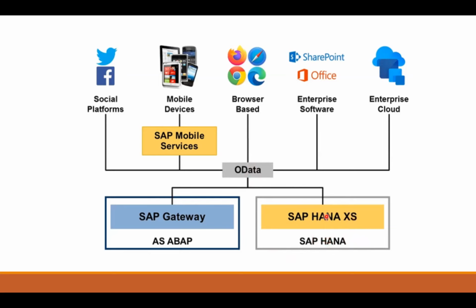Earlier SAP started with SAP HANA XSC, which is Access Engine Classic, which has limited functionalities, whereas we had to code a little bit more when we wanted to influence deep create scenarios. But right now, SAP has come up with SAP HANA XSA, Access Engine Advanced, which is more capable, and